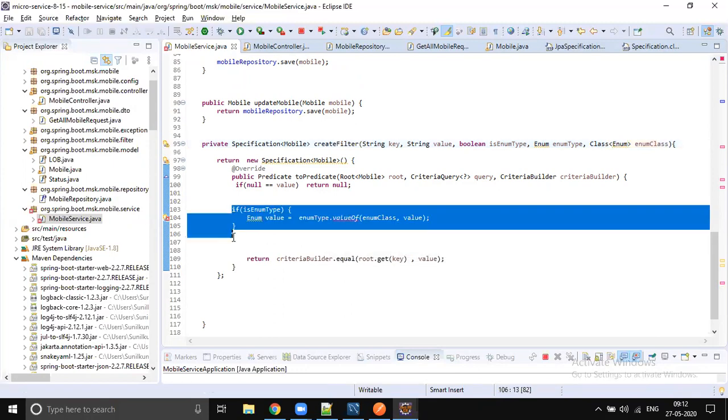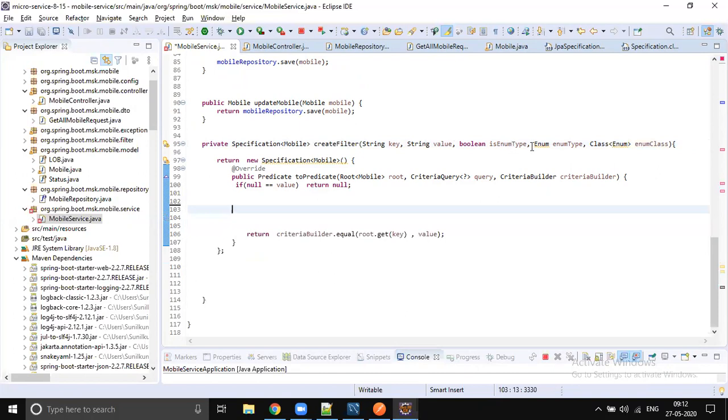What kind of torture is this? Let's take it in a different way. If it is enum type, what will we do? Let's directly get the class. Class can be anything, so this is enum class.